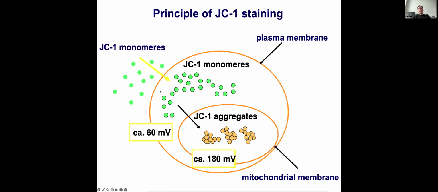And then you have here aggregates and monomers: with a low membrane potential, monomers, and with a high membrane potential, you have orange fluorescence. It means that if the sperm show a high mitochondrial membrane potential,